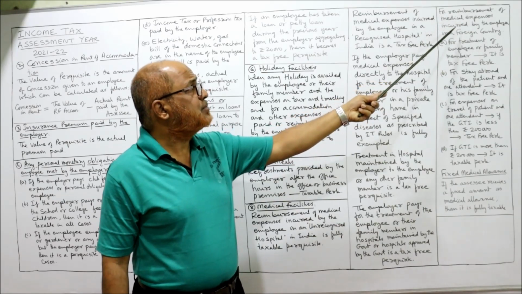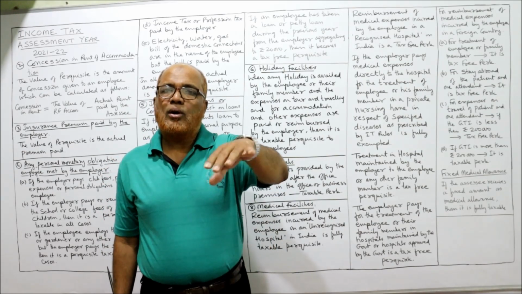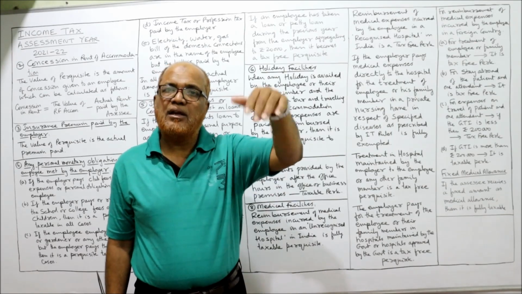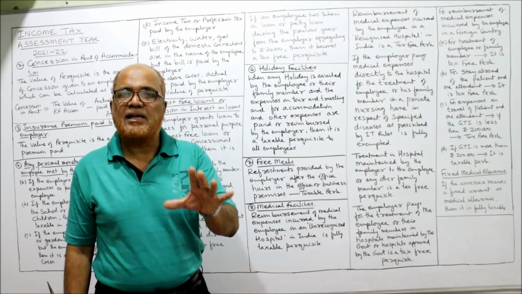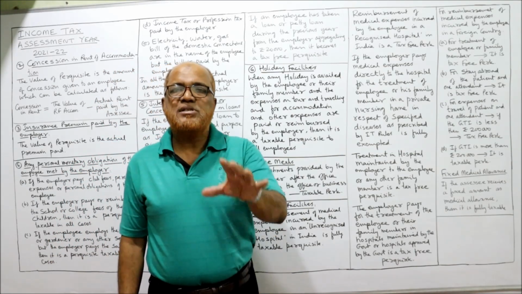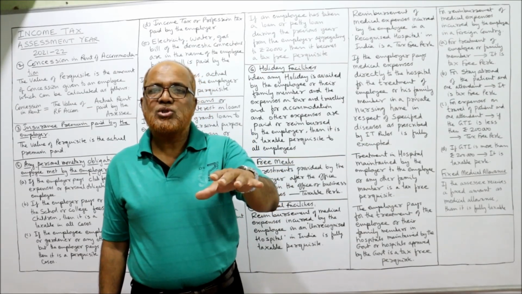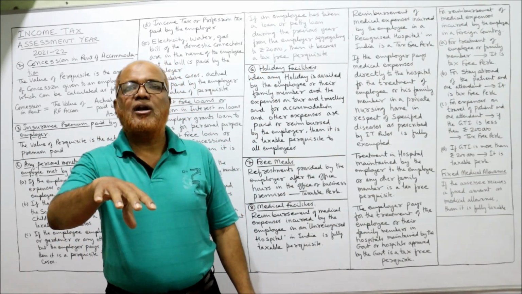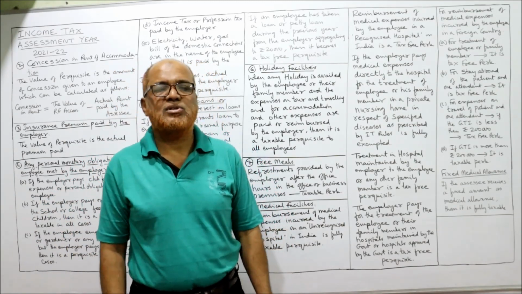Last one is reimbursement of medical expense incurred by the employee in a foreign country. Sometimes the employee or their family members are getting medical treatment not in India but in a foreign country, and reimbursement is made by the employer. Then what is the taxability? Here the provisions are given by the Income Tax Act. For example, Mr. X is an Indian. He is working in India, but he was suffering from a disease. He wants to get the treatment from America, and all the expenditure is agreed to be borne by the employer. In that case, what are the provisions of taxability?